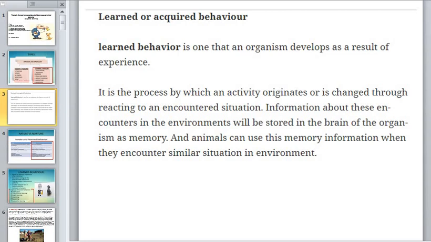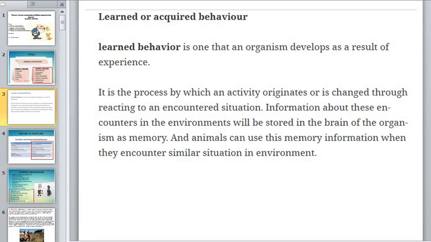Information about these encounters in the environment will be stored in the brain, in special parts of the brain, and we will discuss this next class about memory. In the brain of the organism is memory, and animals can use this memory information when they encounter a similar situation